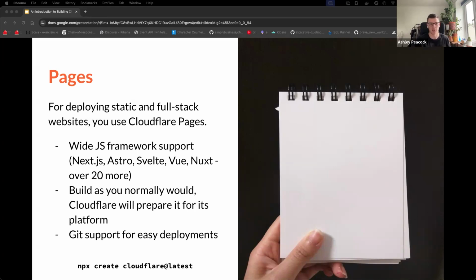And at the bottom of each of these slides, you can see the commands you would run to get started with these. So in this case, npx create-cloudflare@latest. And I can probably show you that bit. That bit I can demo for you, but it will give you a nice step-by-step of how to build these applications, and it will kind of scaffold it for you quite nicely.